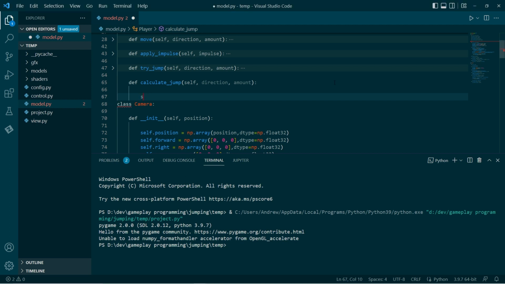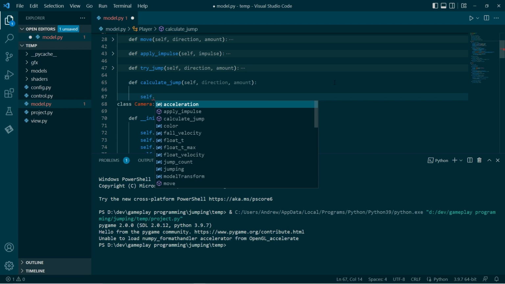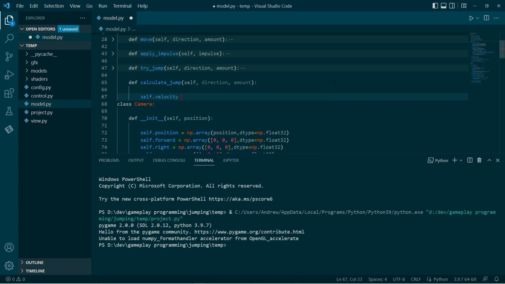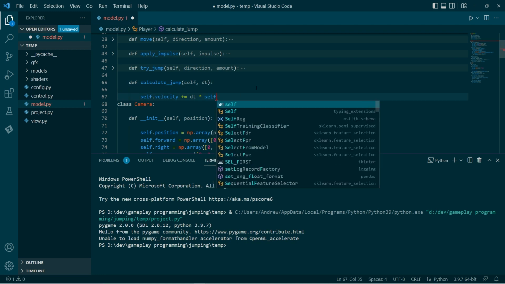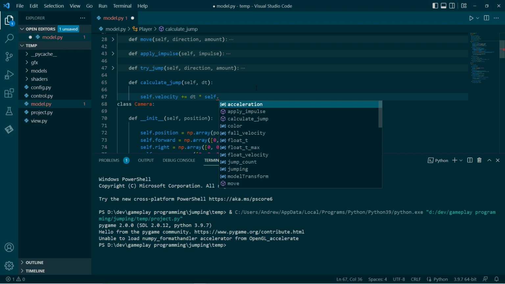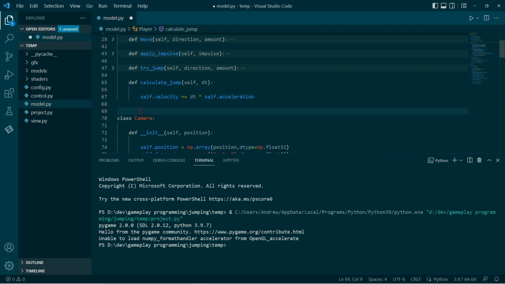Okay, so we're really going to do physics. So we'll take our velocity, increase by delta t. Oh, geez, I copied everything from my notes. That's not good. Okay, we'll go delta t by our acceleration. And then I want to set up a check to see if I can start floating.